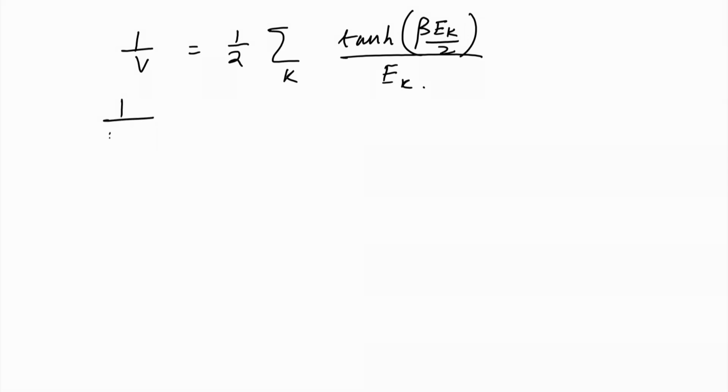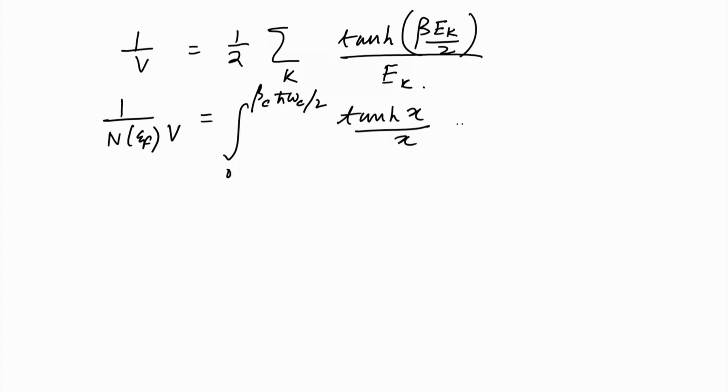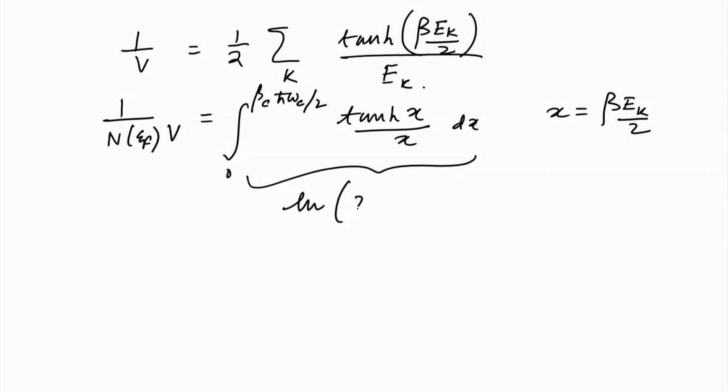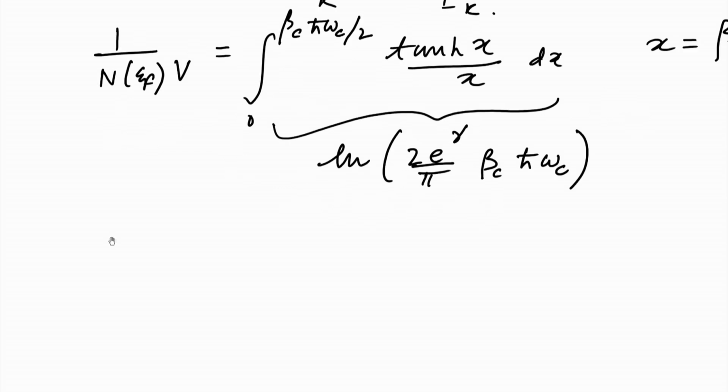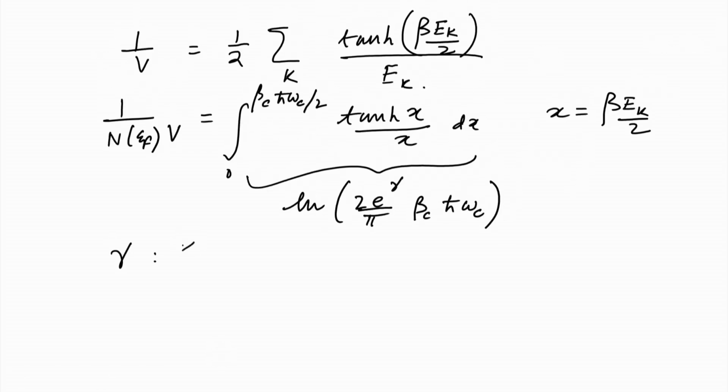So, this is equal to 1 in this and 0 to beta_c ħω_c by 2, tanh(x)/x dx, where x equals beta ε_k by 2. This integral has a standard value, which is given by log of (2e^γ/π) beta_c ħω_c, where beta_c is equal to 1 over k T_c and gamma is the Euler constant,